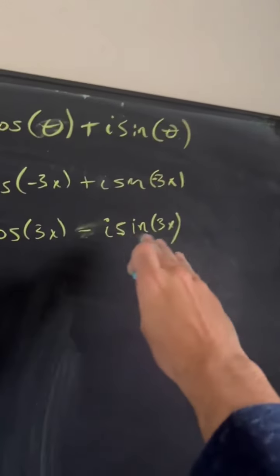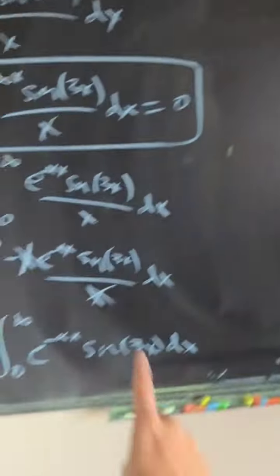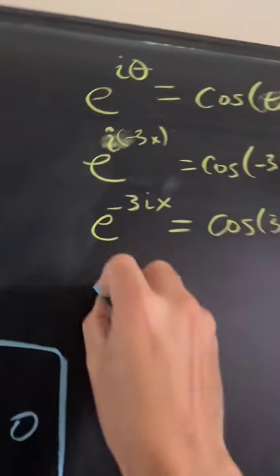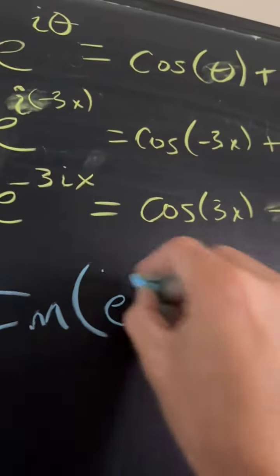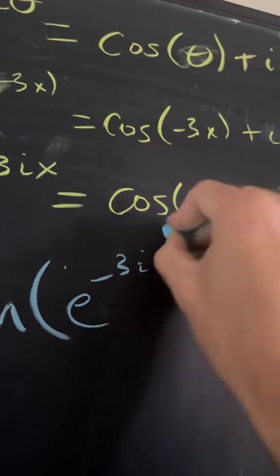So because this is basically what we wanna worry about, because that's exactly what's in here, we just want the imaginary part of e to the negative 3ix, and that's gonna